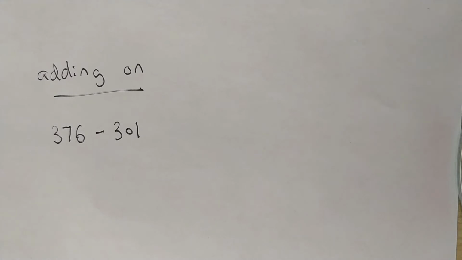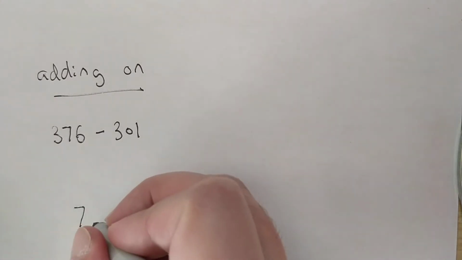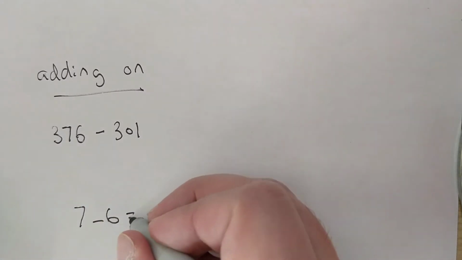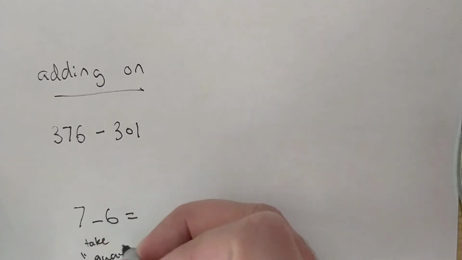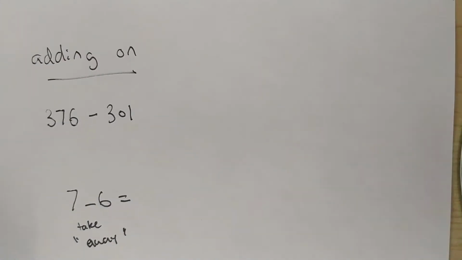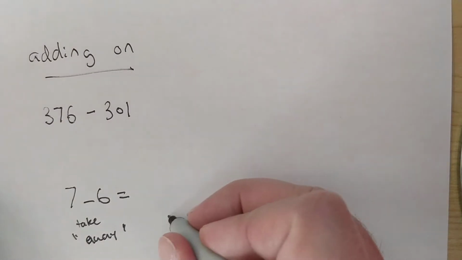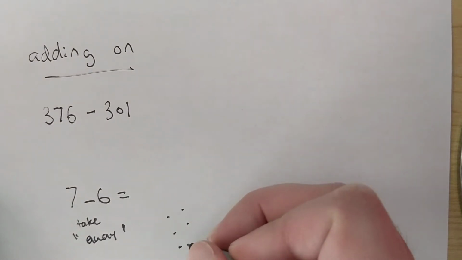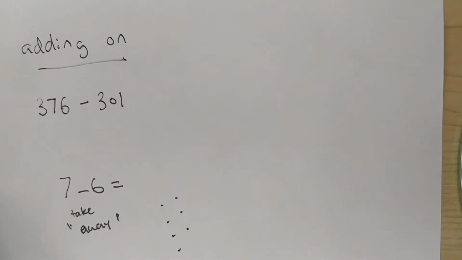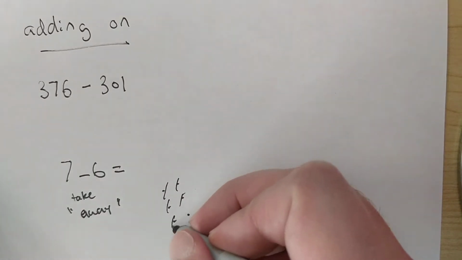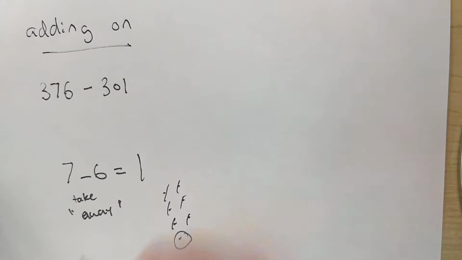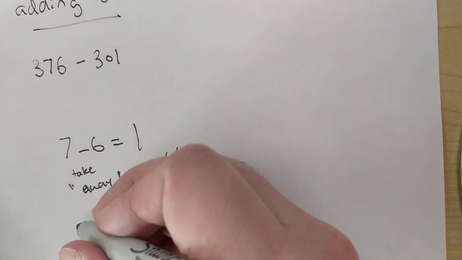So subtraction you can think of in two ways. The most obvious way, and the way we teach little kids when we're first starting, is we say take away, okay? So we say 7, take away 6, right? And what we mean by that is, you get them to draw 7 things. 1, 2, 3, 4, 5, 6, 7. If we take away 6 of them, how many's left, right? Oh, there's 1, okay? So that's takeaway, or sometimes we call that removal,